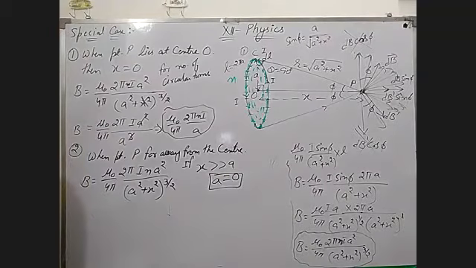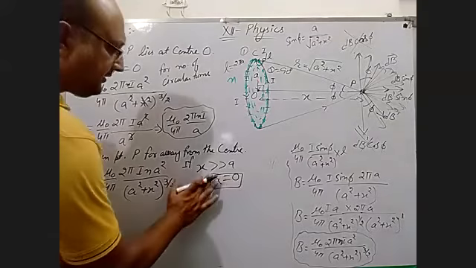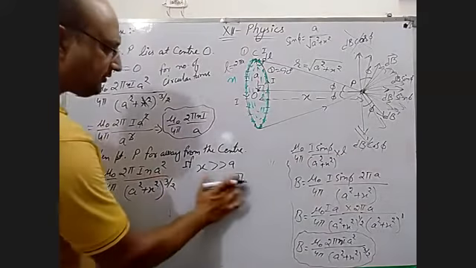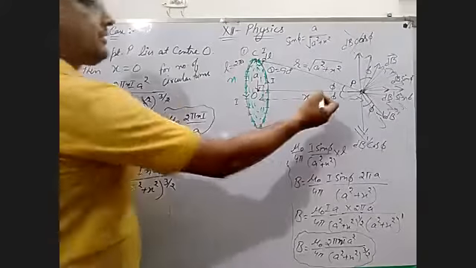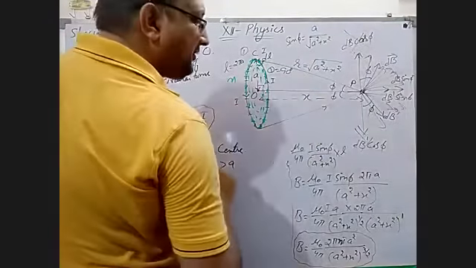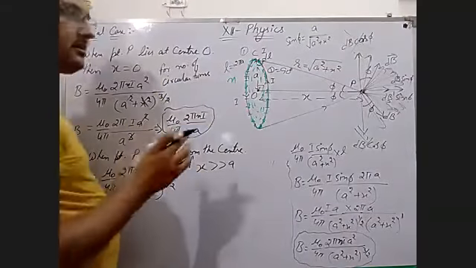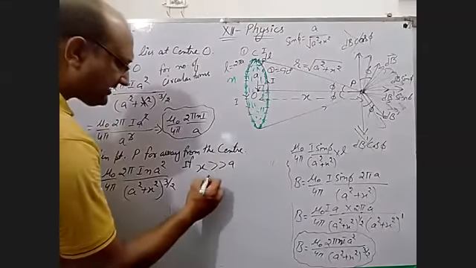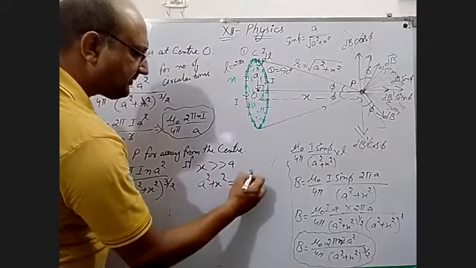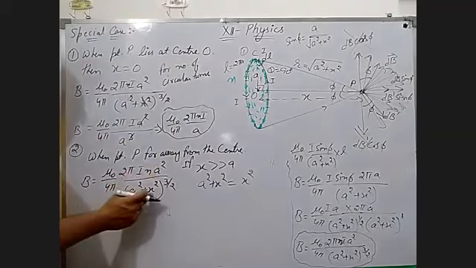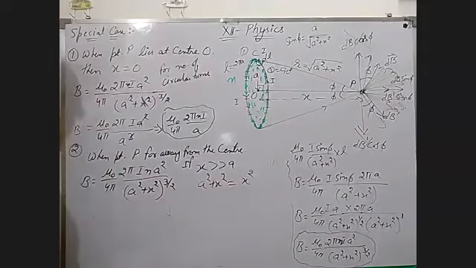Put the value of a square, it can be neglected compared to x square. But don't take this thing as 0, because you don't have to make everything 0. We want to take this value of x where some magnetic field you can determine. Then take this a square plus x square approximately equal to x square. Don't touch this a, only this part you have to write in this.